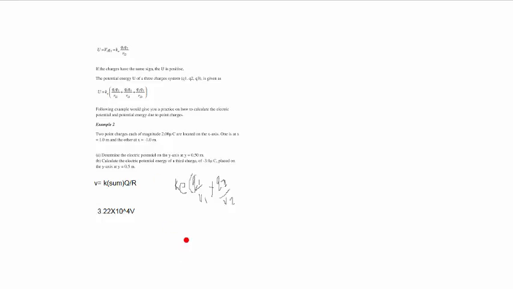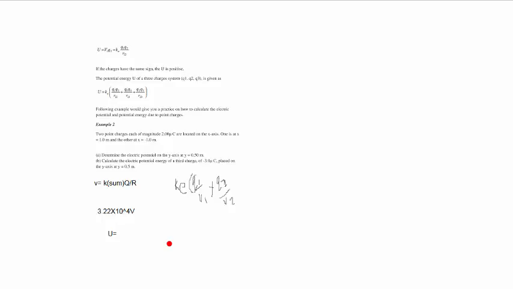Okay, so part 2 says calculate the electric potential energy of the third charge of minus 3 microcoulombs placed on the y-axis at y is equal to 0.5. Okay. So for this one, since we already have our electric potential on the y-axis, now it is asking us the electric potential energy. Now the first thing that is really important is for us to know the formula. So the electric potential energy is equal to,